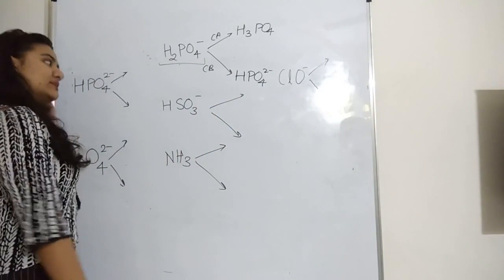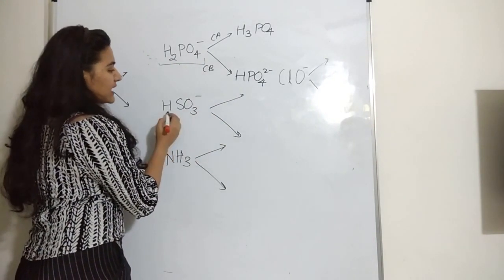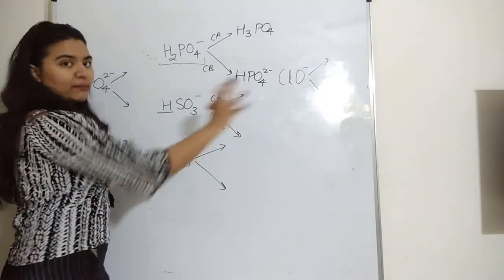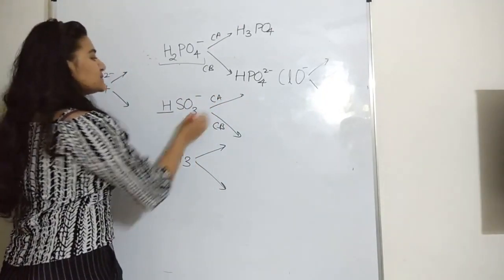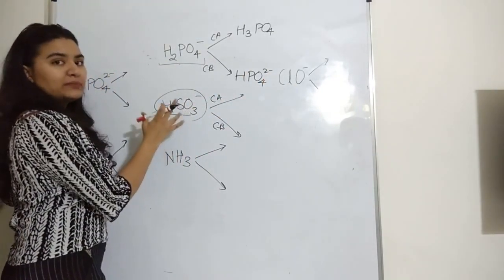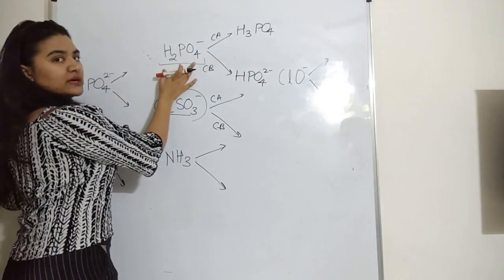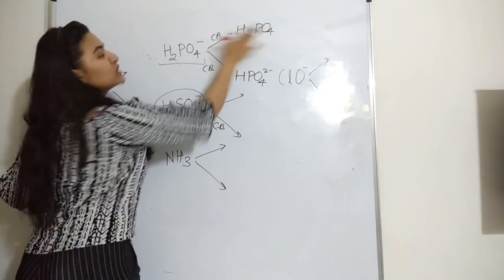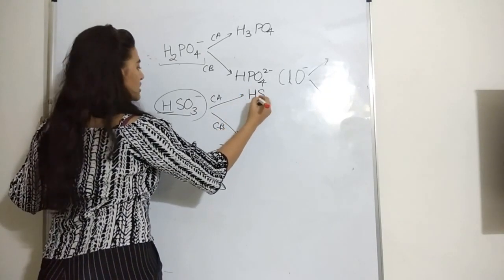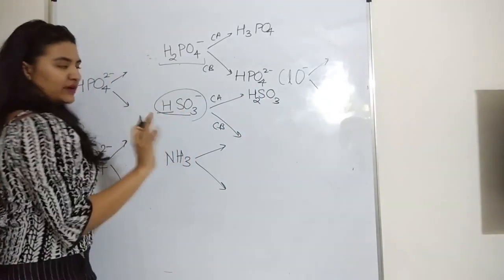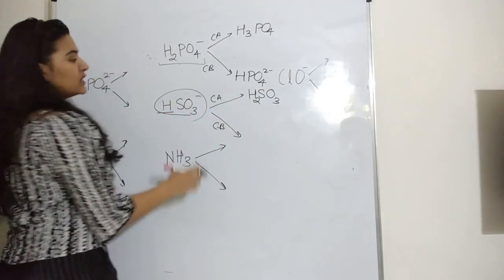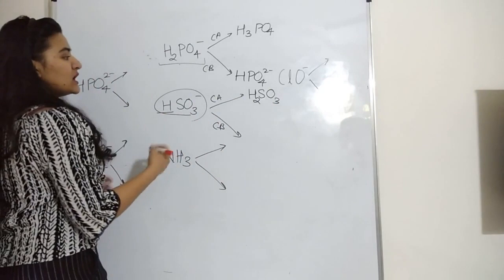सो दिस इज बेस, ओके, सो दिस बिकम्स कॉन्जुगेट बेस। अभी यहाँ पे HSO3-, अगेन हाइड्रोजन रिमूव कर दो, यू विल गेट द कॉन्जुगेट बेस, एंड हाइड्रोजन ऐड कर दो, यू विल गेट द प्रॉपर एसिड, ठीक है। सो फॉर दिस पर्टिकुलर आयन दे विल बी कॉल्ड एज कॉन्जुगेट एसिड एंड कॉन्जुगेट बेस। फॉर दैट एसिड दिस विल बी कॉल्ड एज कॉन्जुगेट बेस। जैसे ये एसिड है, इसके लिए ये कॉन्जुगेट बेस है, बट इस बेस के लिए ये कॉन्जुगेट एसिड है, ओके। सिमिलरली HSO3-, तो यहाँ पे एक H+ हो जाना चाहिए यहाँ पे, और विल बी H2SO3, फाइन। नाउ H2SO3 का कॉन्जुगेट बेस ये होगा, तो इसका कॉन्जुगेट एसिड ये होगा, ओके।